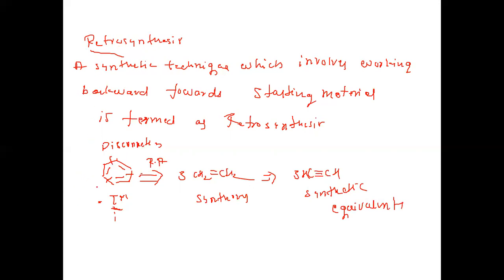We'll do this thing only. What is that? We'll take a molecule which we like to synthesize, that is called the target molecule. Then we'll do a retrosynthesis, which means working backward towards a starting material. This is represented by the retrosynthesis arrow. We'll carefully observe and disconnect, and we'll get synthons. These are just the fragments obtained from a disconnection. Then we'll look for real chemical compounds. Those are synthetic equivalents. This is a synthon. These are synthetic equivalents. So this is about retrosynthesis.